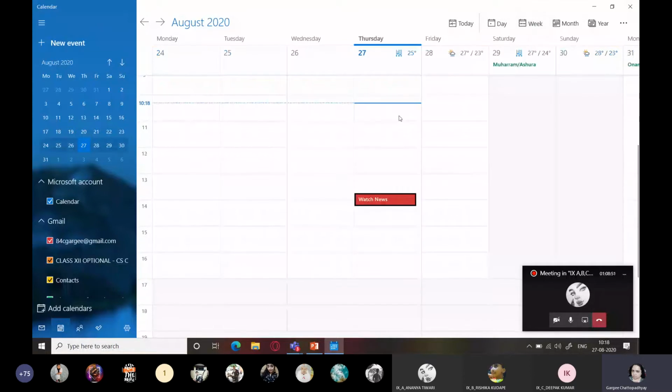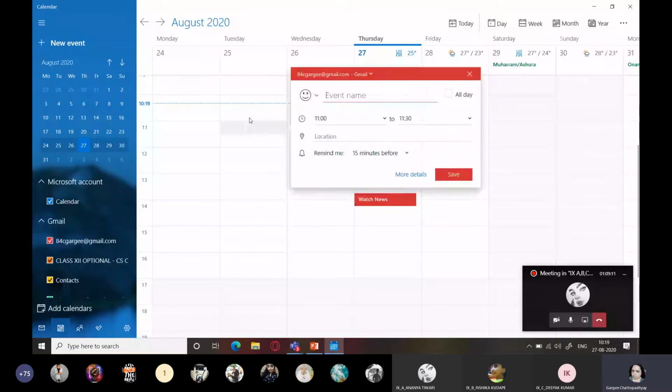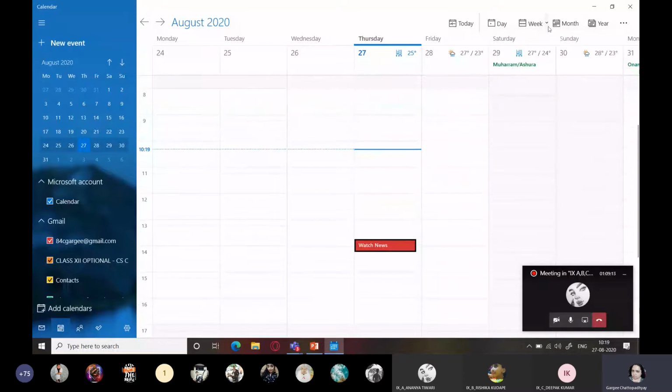Week, you can see a weekly schedule. Okay, what is the schedule for this week? So if there is any holiday or any event coming up, you can see it over here, like this event is there on 29th, and on 31st you have Onam. So all these events, also some local holidays, you can check from there.